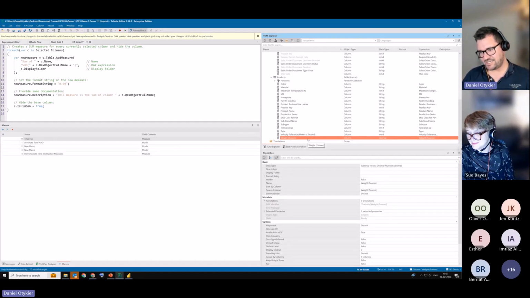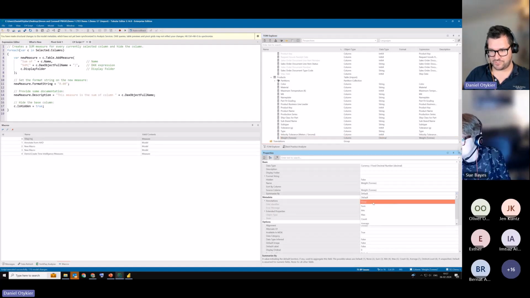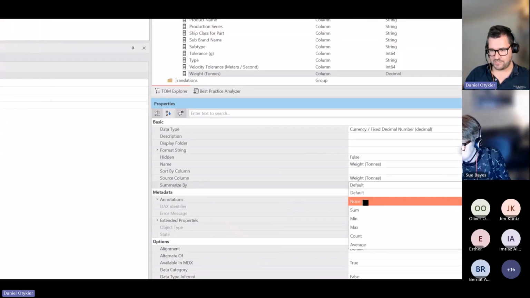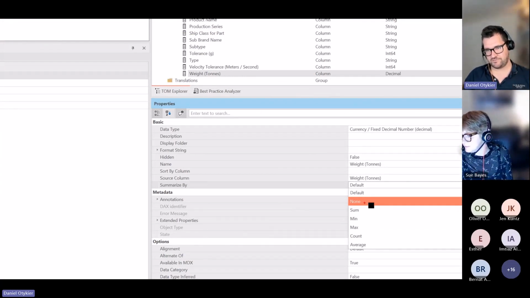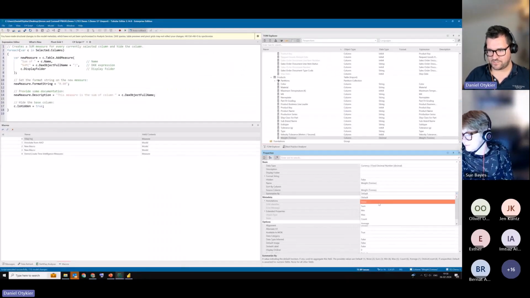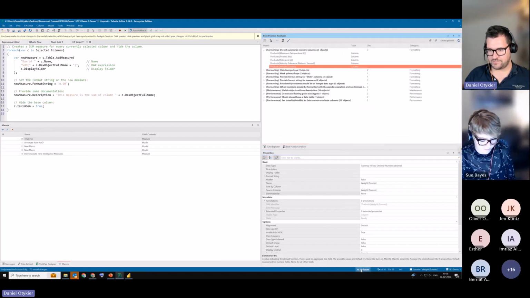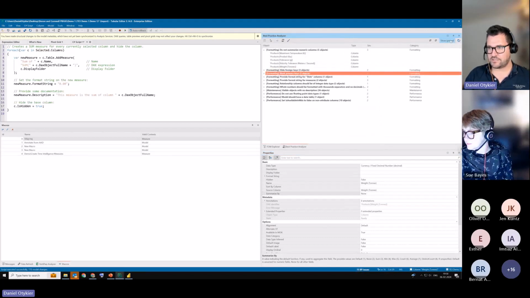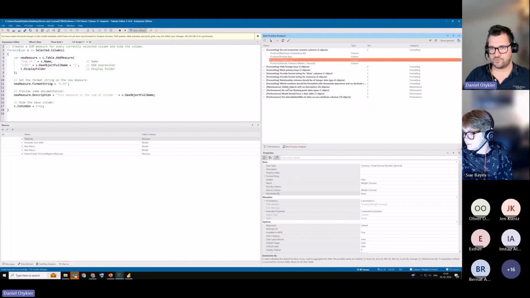And I'm not interested in users accidentally aggregating this column in Power BI Desktop. So I don't want my report authors to drag this column into a matrix and sum the values inside of it. For that reason, I should specify the summarize by property. I should set it to none because this way I indicate to Power BI Desktop that this column should not be aggregated, but we can still use it as a filter or inside a slicer. And as soon as I set this to none, we should see the best practice analyzer update, or at least I can force an update,